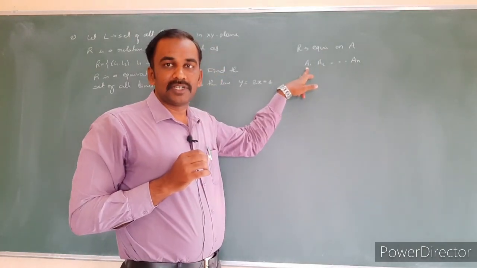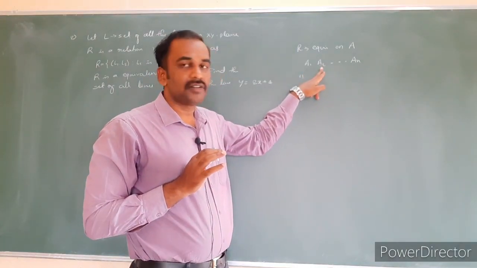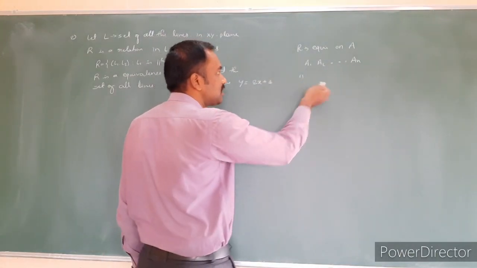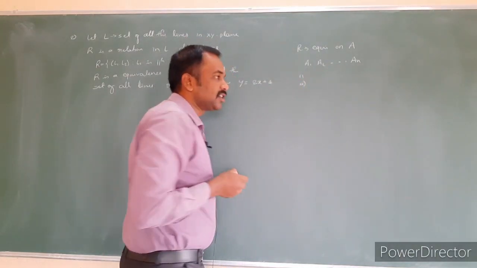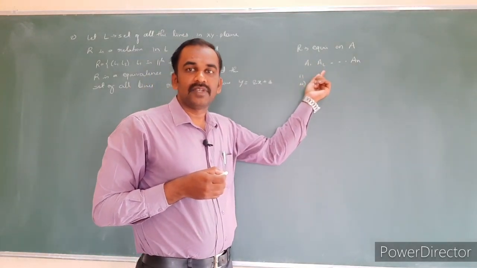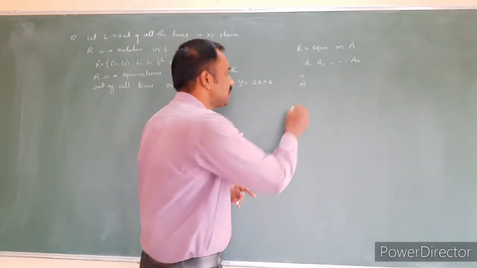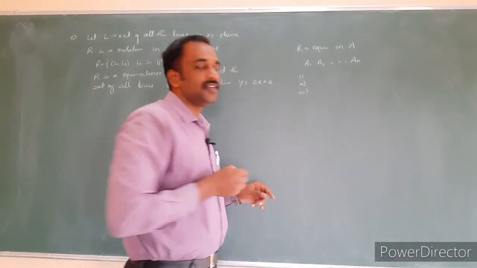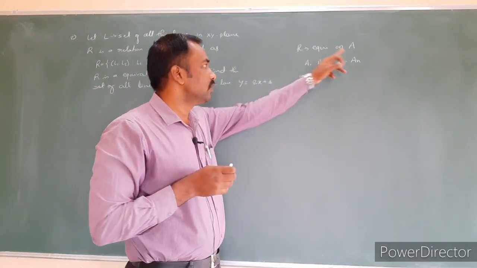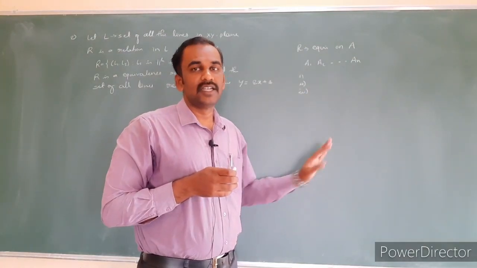Every element of the set A1 is related to each other. Every element of the set A2 is related to each other, in the same set only. This is the first condition. Second condition: no element of one set is related to any element of the other set, and vice versa. Third: if you take the union of all these n subsets, we will get the whole set A, and if we take the intersection, we have to get a null set.